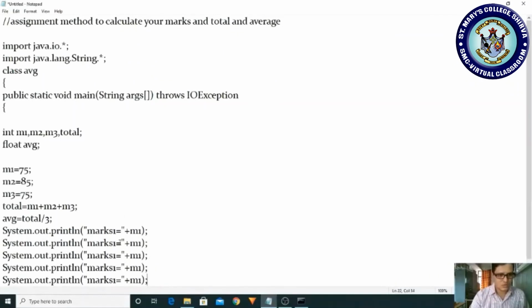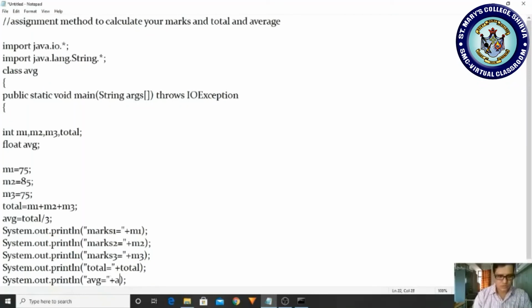Okay, here I'm making it m2, here also m2, here I'm making m3, it is also m3, and I'm here making it total, and here it is also total, and here it is the average, and I'm making it average.